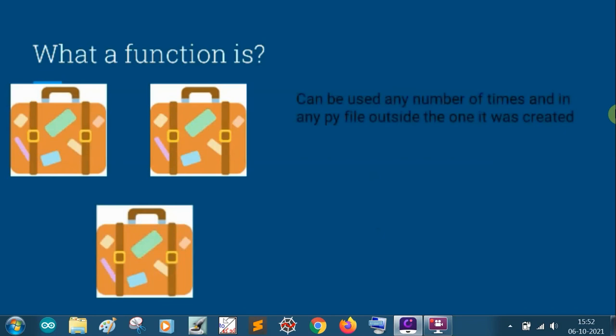And as you can take a suitcase anywhere you want, you can take this function anytime and as many times as you want. Suppose you write a program for adding the elements of a list, without using inbuilt functions. It will be hardly 2 to 3 lines.